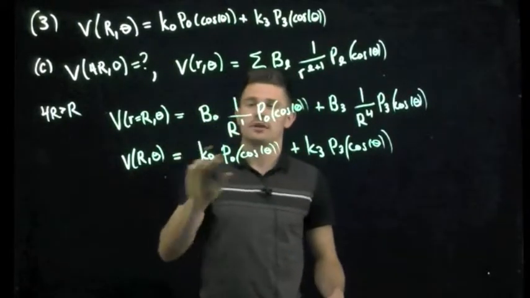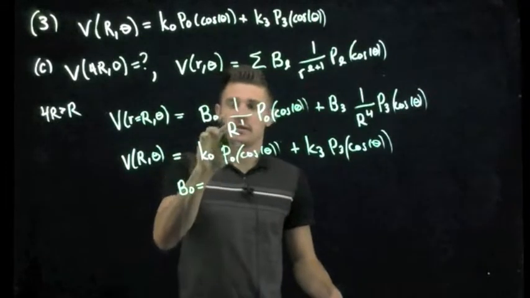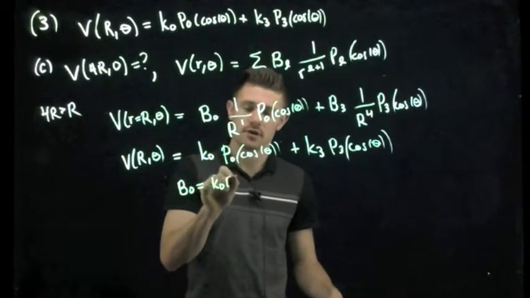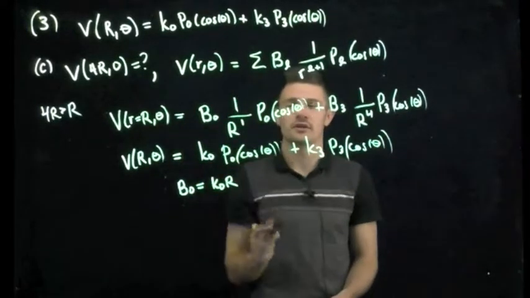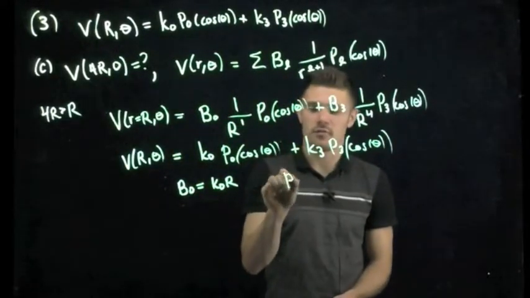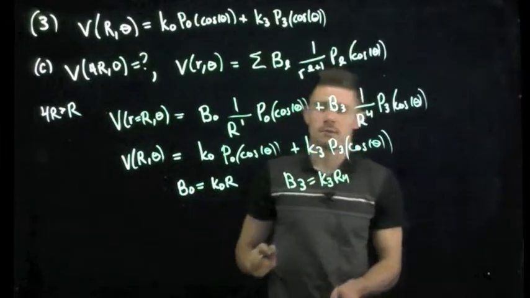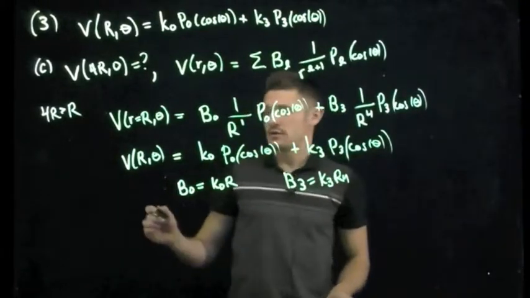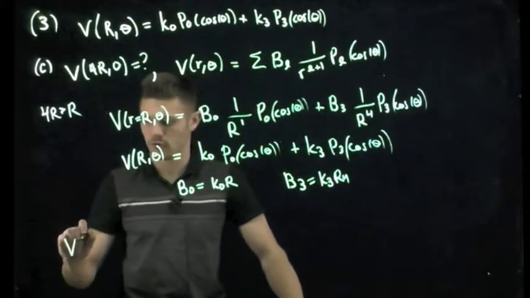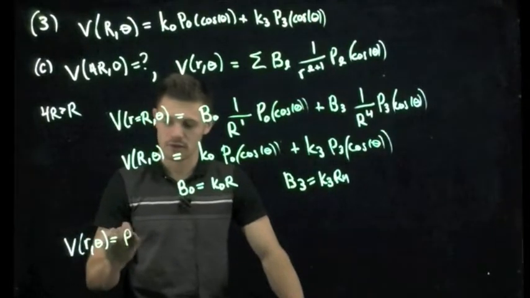So right away we can look here and we can see that B naught is equal to K naught times R, given the matching of the coefficients here, because P naught and P naught are the same. And over here we have that B3 is K3 times R to the 4. Because if I were to substitute that into here, that would give me K3 at the boundary. So we know that the general form is V of R of theta is now going to be B naught